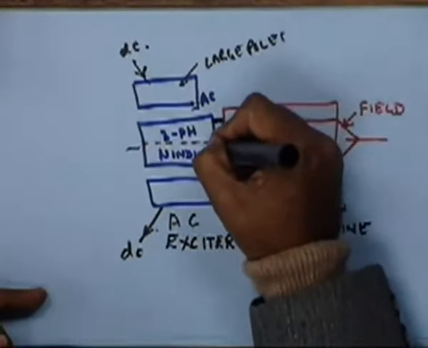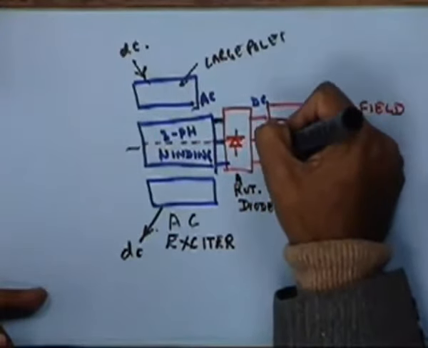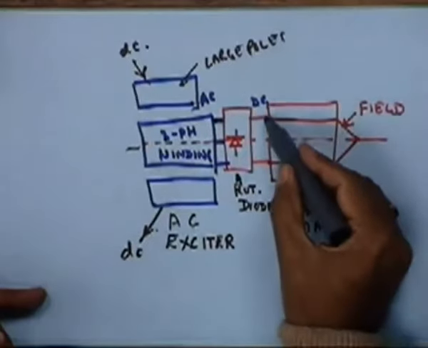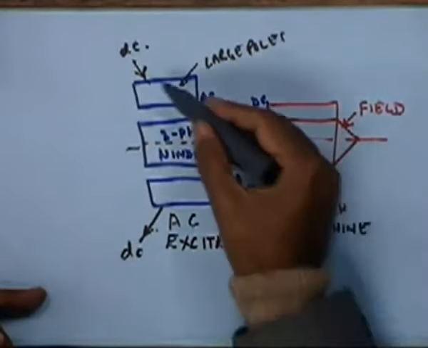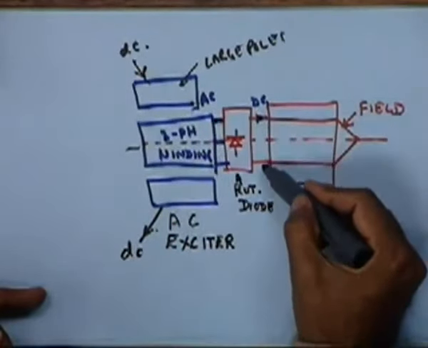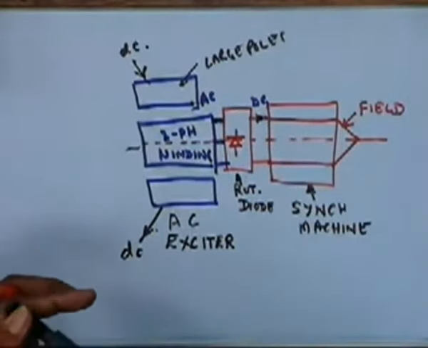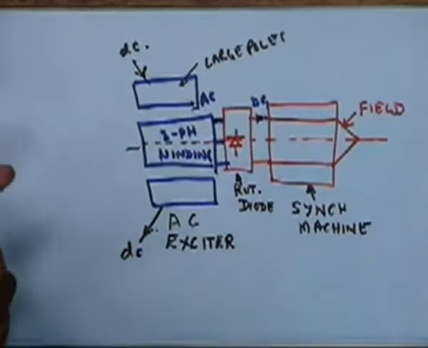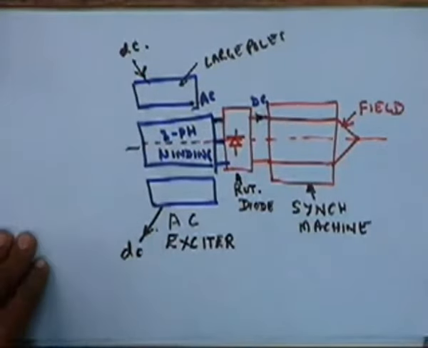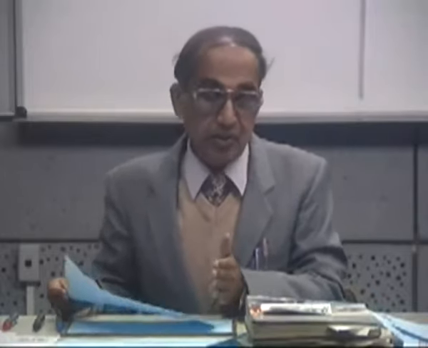This does not produce 50 cycles. It may be even higher frequencies. Then you have the diodes, and then you get the DC, and this DC current can be controlled by controlling this small DC current. It is as if this small DC current is magnified or amplified into a large DC current, and this is the present trend in medium range synchronous machines. Okay, so these are the different methods of excitation, or producing the field current in the rotor to get the desired voltage. Okay, now let us look at some of the pictures.